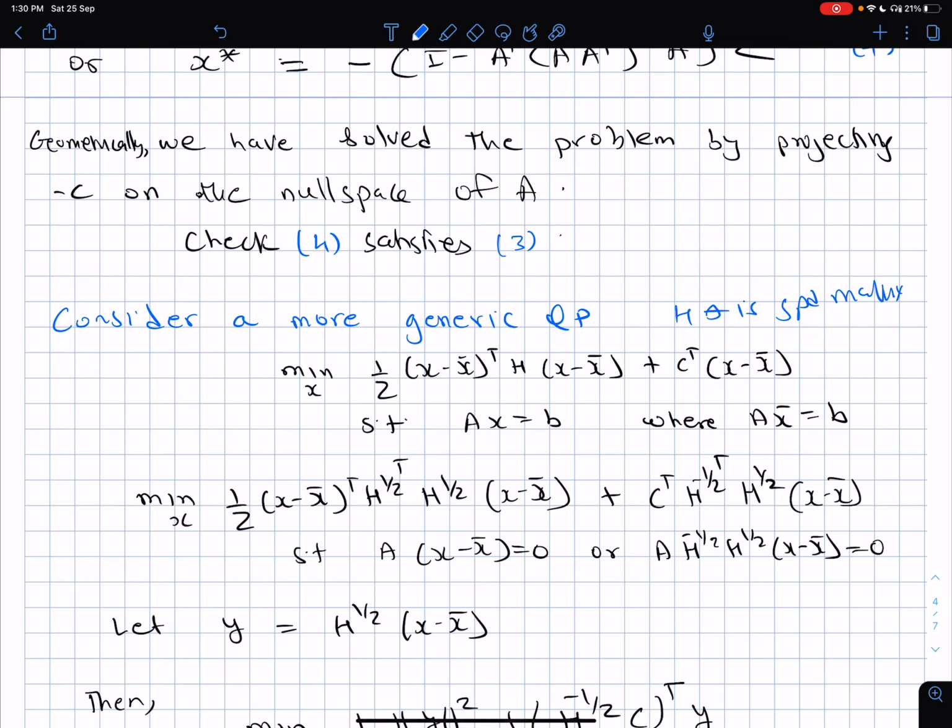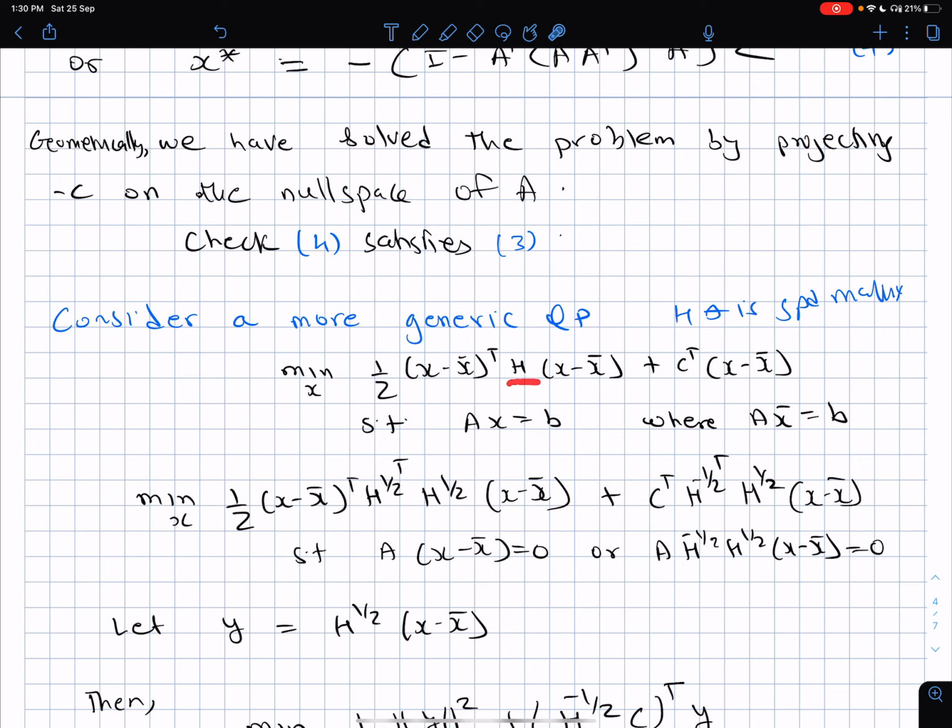Now, if H is a symmetric positive definite matrix, then I have shown earlier that all its eigenvalues are positive, that there is a Schur decomposition of it of the form P times lambda matrix times P transpose, and then I can split that diagonal matrix lambda into lambda to the power half times lambda to the power half, and introduce in between again a matrix of the form P P transpose, which is an identity matrix, because in Schur's diagonalization the eigenvector matrix is an orthogonal matrix, and hence